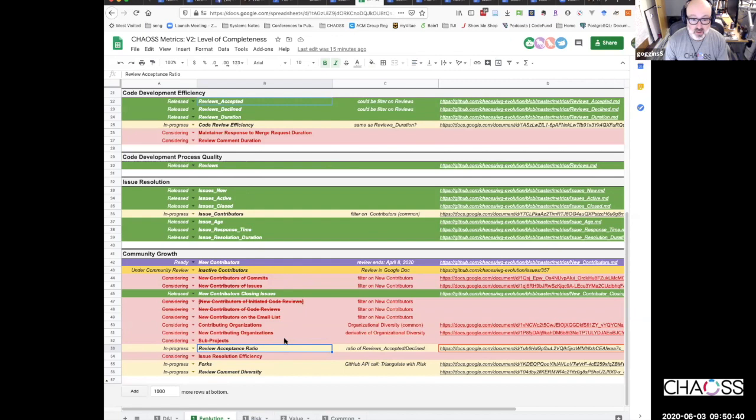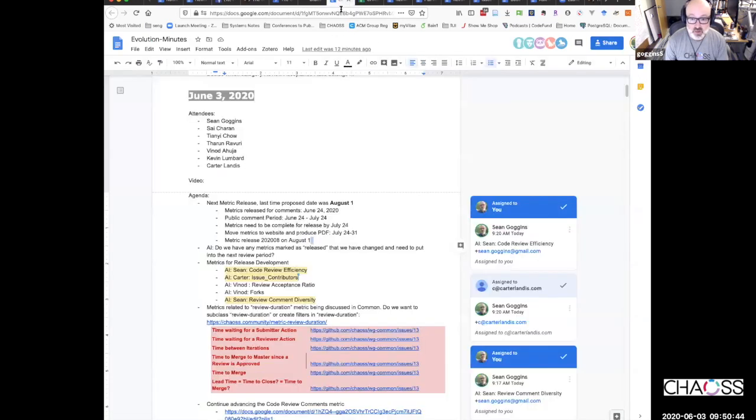But if there are others, the whole community is welcome to work on others, and we can incorporate them into our release as well. We're not serving a control function by putting them in the minutes. We are only serving a sort of coordination function.